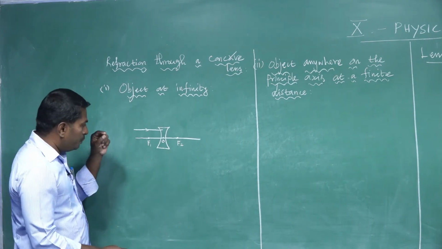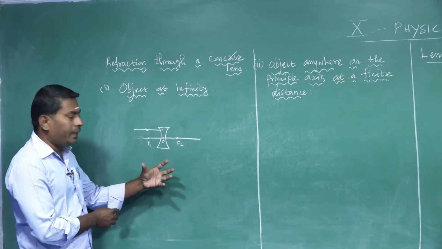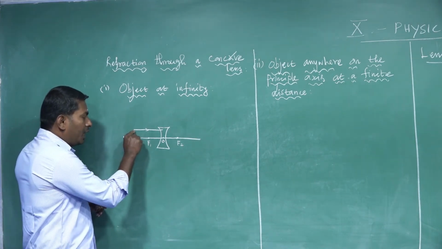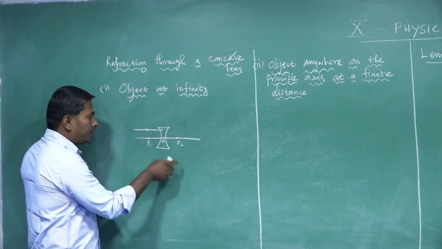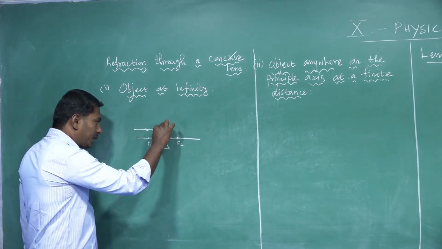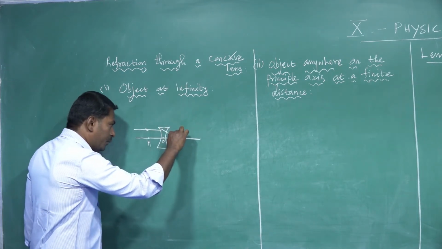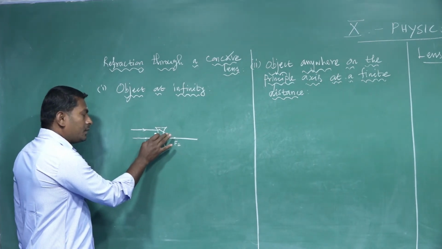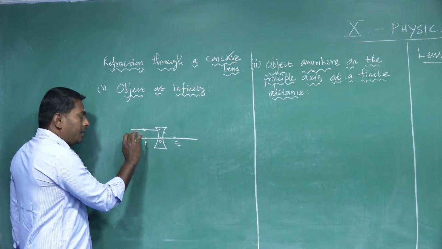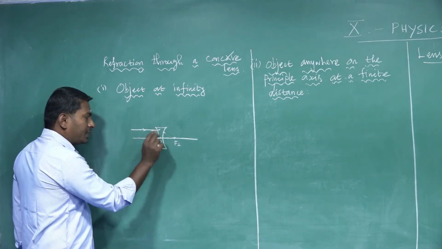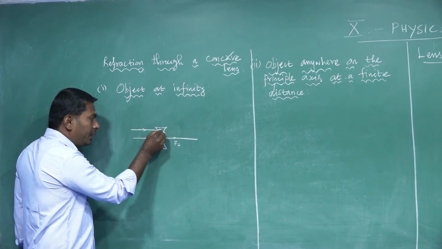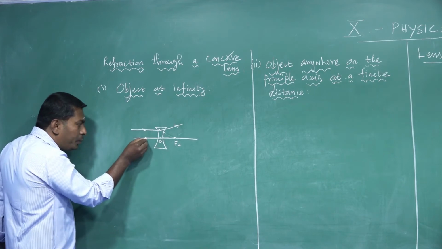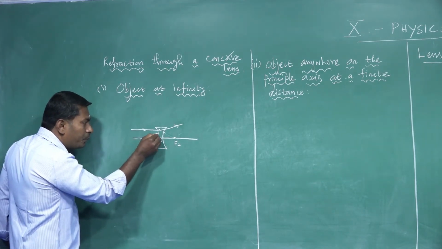So one of the principal focus we use for images formed by any thin lenses. One rule is there. When a ray coming from the object travels parallel to the principal axis, after refraction, that refracted ray must be passing through the principal focus. But in the case of concave lens, the ray which travels parallel to the principal axis, after refraction, that refracted ray travels along this direction. But that refracted ray appears to be diverged from a principal focus.